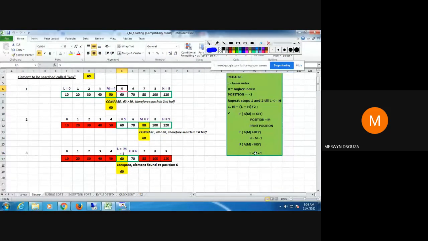So your search area now only becomes this much. That's why I've highlighted this in red, to show that these values we are not going to search again. The number of comparisons now reduces.